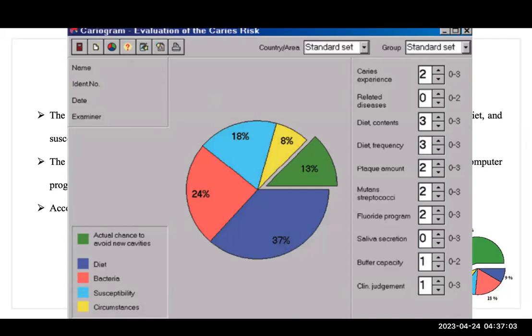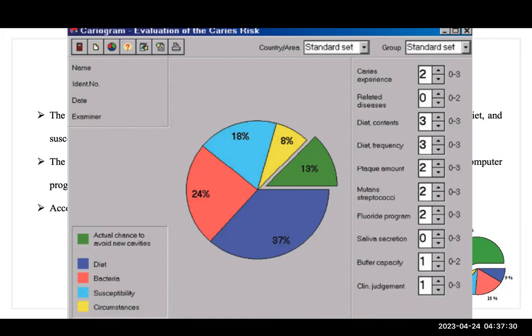For a particular child, the score for caries experience was 2, other related diseases were not there. The diet content score was 3, diet frequency score was 3, the plaque amount score was 2, mutans streptococci score was 2, fluoride program was 2, salivary secretion was 0, buffer capacity was 1, and clinical judgment based on the examination was 1. So based on that, you can